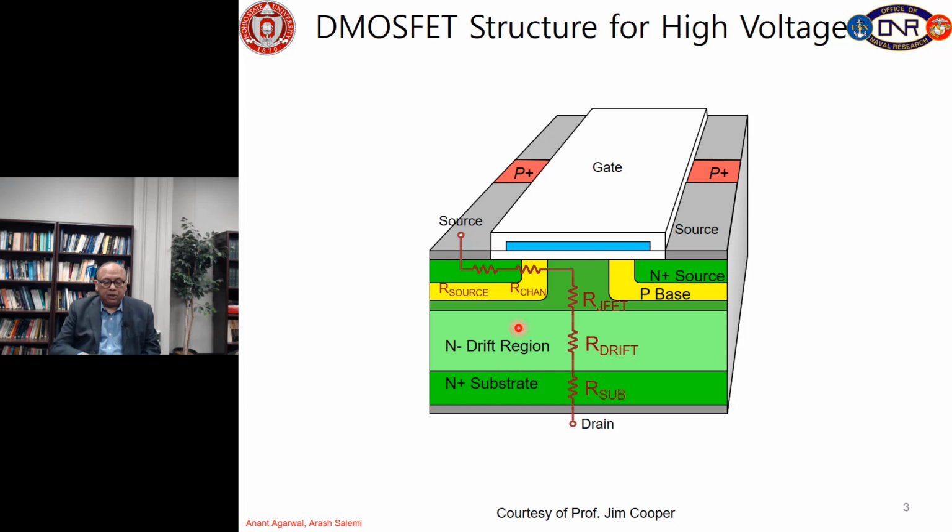And when we apply the gate voltage of 0 volts, there is no inversion layer here, so there is no current flowing. In that situation this PN junction here blocks the voltage, right, this one and this one, and the JFET region is fully depleted out, so this entire drift layer supports the voltage. So if we look at this PN junction in the next slide,